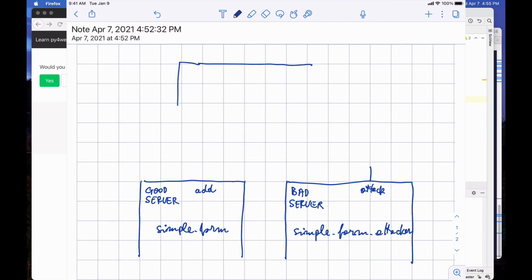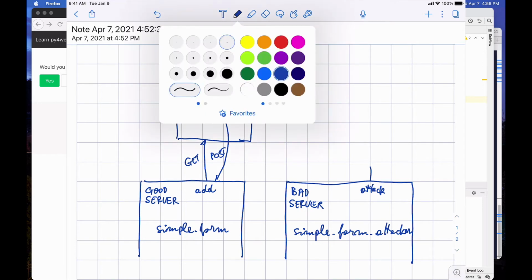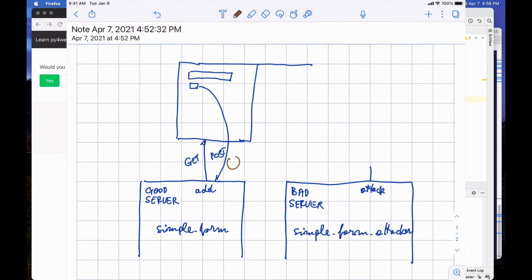The user browser can load in one of its tabs, this is a tab, via a get a page that contains the form in which it says, which product do you want to add. And when you click on add, the request goes again here via a post. And it contains, importantly, the cookie. I draw it like a real cookie.